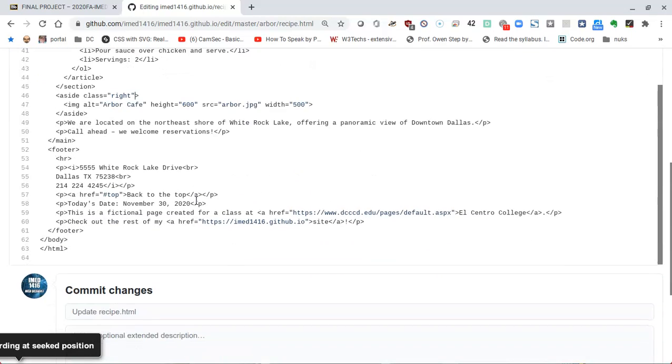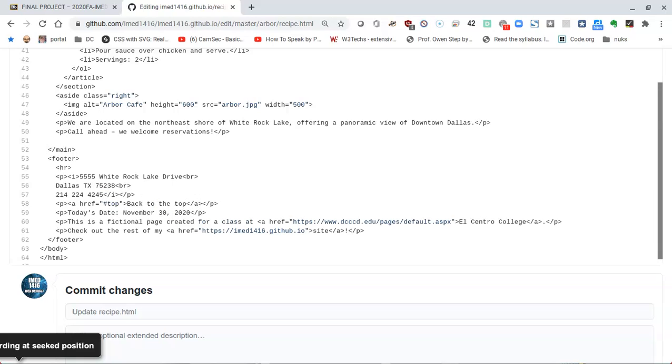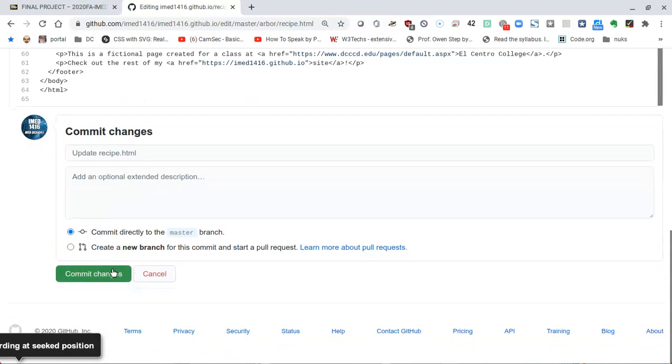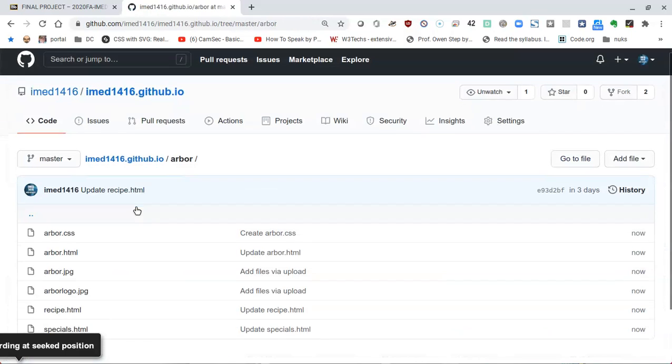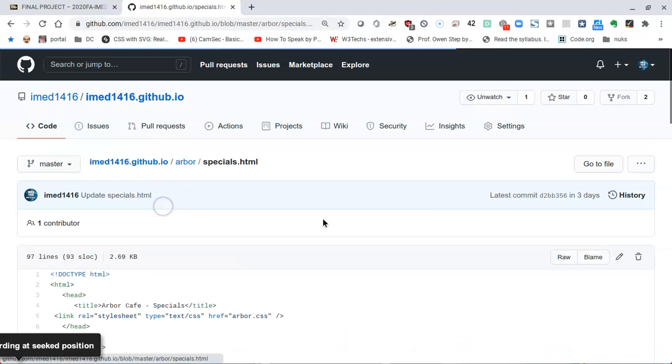And then scroll down, and just before the end of the main, which is on my line 51, I press enter, and since I still have the text that I copied, I'll just press Control V and paste, commit the changes, go back to the Arbor directory, click on Specials, edit the file,